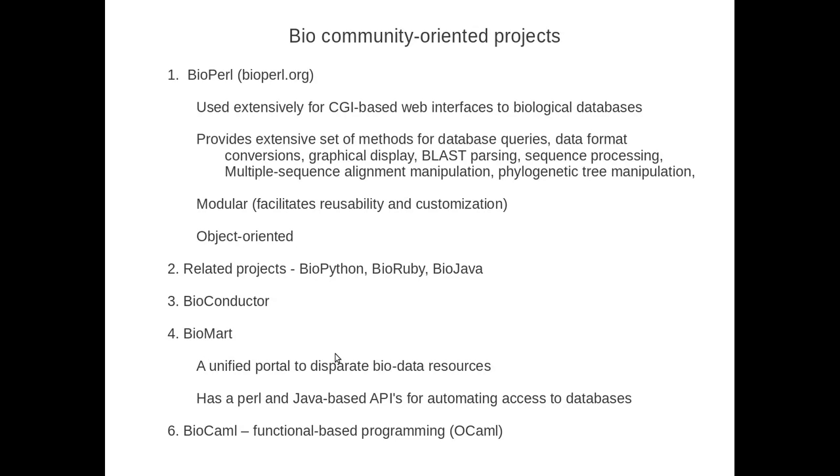So there's a lot of, I'll try to wrap up here, there's a lot of bio-community based projects. This is something that you can even get involved in without knowing a lot about Perl or Python, Ruby, Java, etc. So many of these projects are